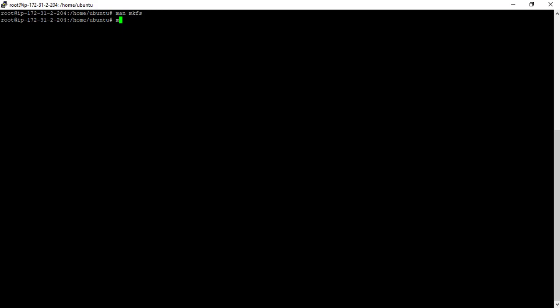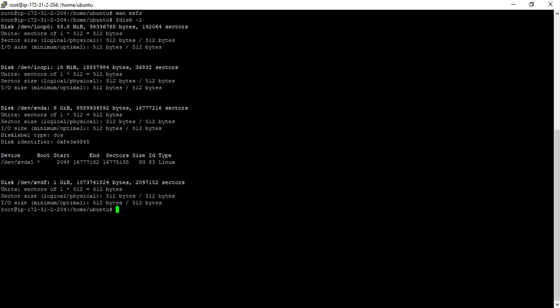Now what I'll do is mkfs /dev/xvdf. You might be confused about why we are only giving /dev/xvdf. We have seen that already. When I did fdisk -l, I could see that the disk name given for 1 GB is /dev/xvdf. That is why I am giving it this way. Okay.